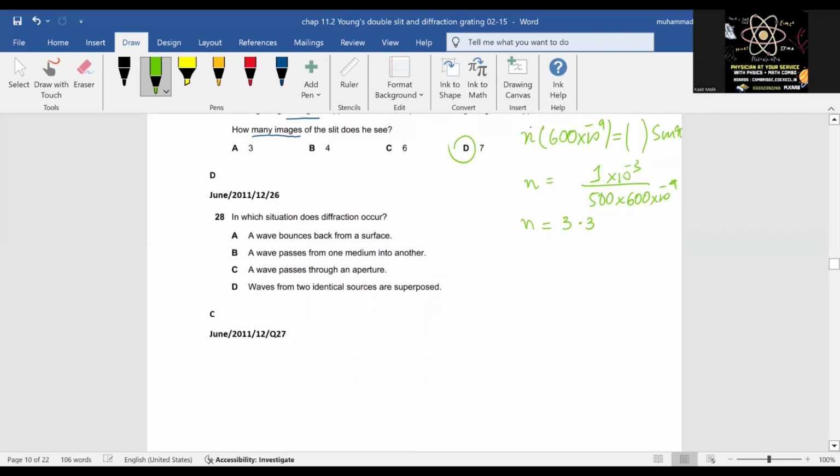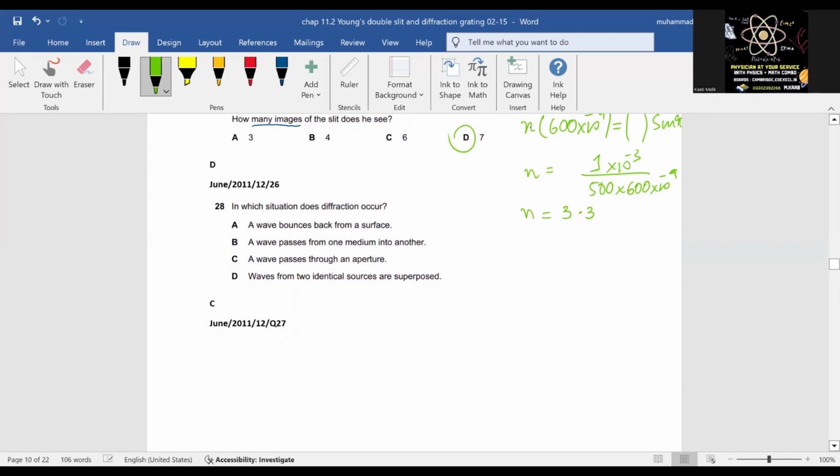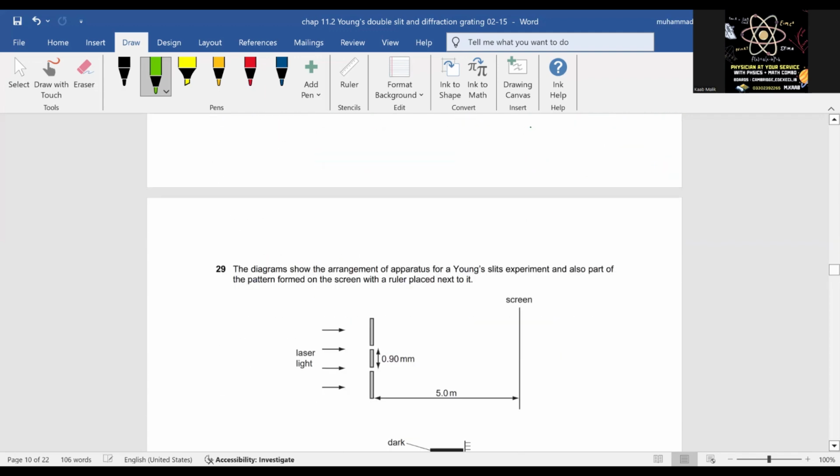अच्छा, तुमसे कह रहा है इन विच सिचुएशन डज द डिफ्रैक्शन अकर? A wave bounces back from the surface, this is the reflection. A wave passes from one medium to another, this is the refraction. A wave passes through an aperture, this is the diffraction. A wave from the two identical sources superimposed, ये superpose, ये तुम्हारे पास है इंटरफेरेंस, ओके। देखो उसने आइडेंटिकल सोर्स लगाया हुआ है, और ये आइडेंटिकल सोर्स जो है तुम्हें कोहेरेंसी बता रहा है, ओके। चलो ये हो गया।